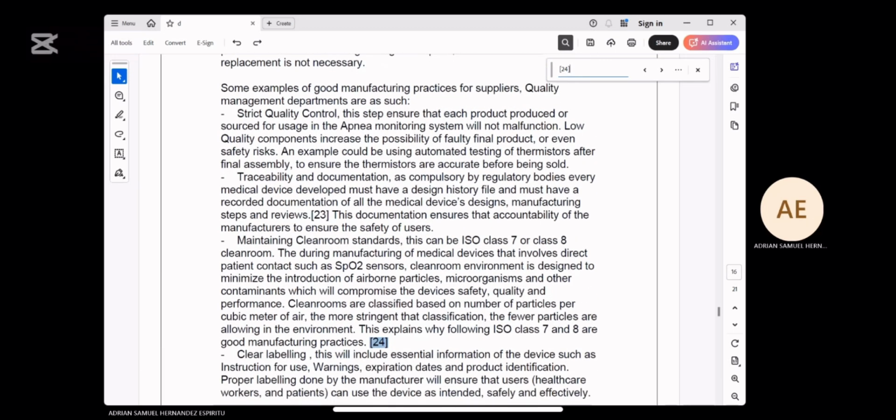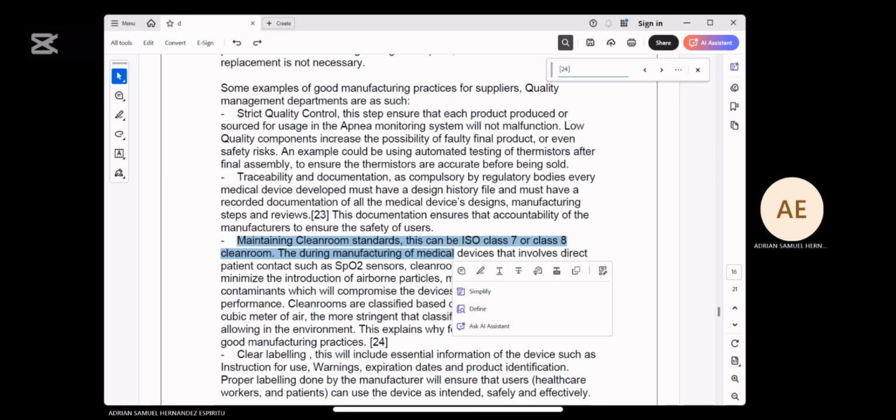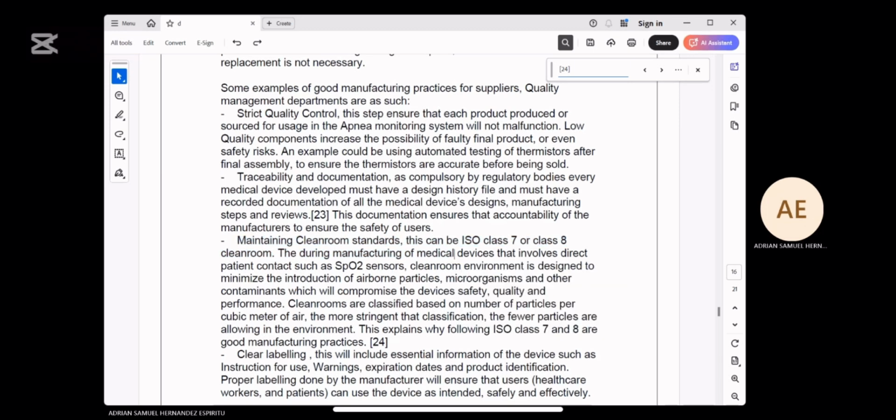For my 8th reference, I'll be quoting my 24th source. So this is an ISO guideline, ISO 14644, 2015, which talks about clean rooms and associated controlled environments. And this talks about the classification of air cleanliness by particle concentration. And this is very important for my good manufacturing part of my report because it talks about maintaining clean room standards, talking about how we need a class 7 or class 8 ISO clean room for the manufacturing of medical